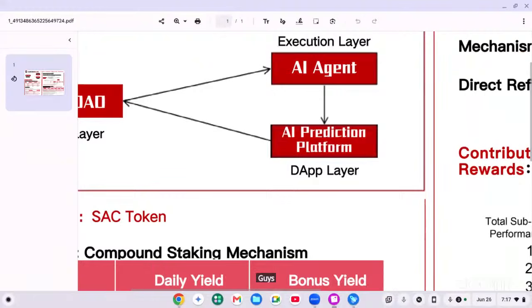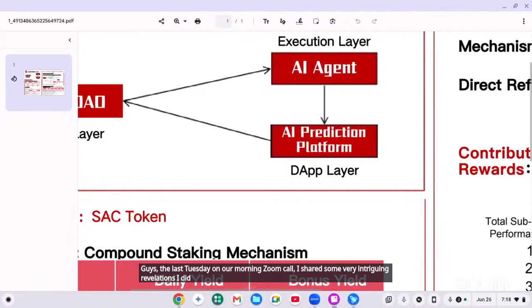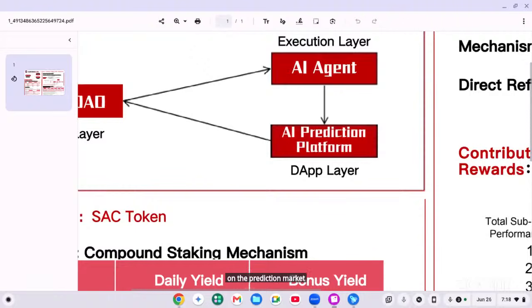Guys, last Tuesday on our morning Zoom call, I shared some very intriguing revelations. I was actually reading a report on the prediction market. And out of that finding, I realized that the prediction market just started as a very small niche forecasting tool, which grew over time into a multi-billion-dollar industry. Guys, multi-billion-dollar industry. I will explain and show you proof of that. Now, in recent times,